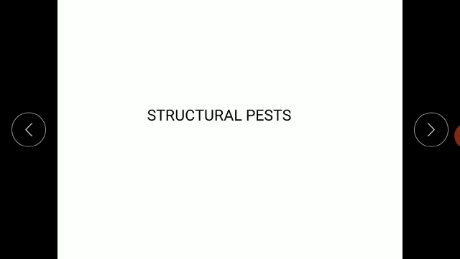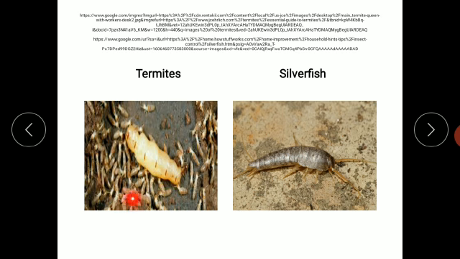There are various examples. The first one is the termite. See, this is the queen termite which is large in size. Then this is the silverfish. सी दिस टर्माइट, आपण ज्याला वाळवी म्हणतो मराठीमध्ये, इथे तुम्हाला दिसतंय हे छोट्या छोट्या वाळवी, छोट्या छोट्या मुंग्यांसारखं स्ट्रक्चर असतं आणि ही क्वीन टर्माइट आहे. So this particular termite, they destroy